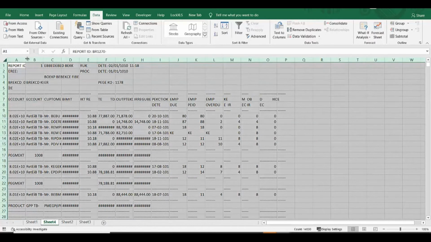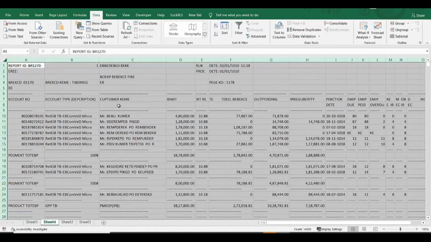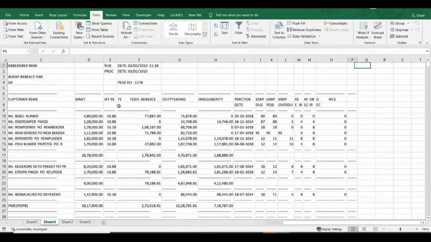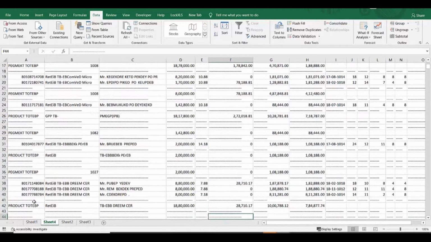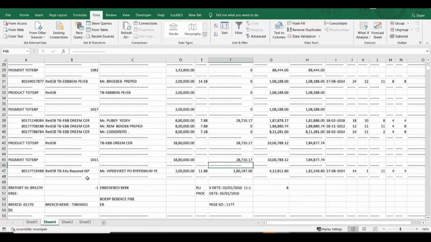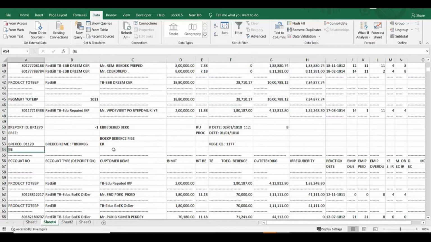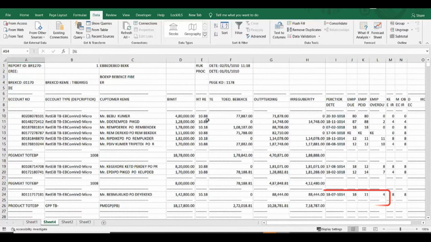Now we have the different data in different columns, but still you can see that there is some junk data which is repeated again and again, like the total column or these lines or the blank rows. I don't want all this in my data.